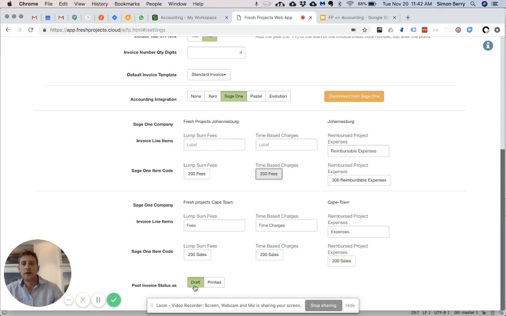Okay. Final option you can choose here is just whether or not you want, when you raise an invoice and post it through from Fresh Projects, do you want it to come through as draft, in which case it's not actually going to come through as a draft invoice in Sage? Or will it go straight through? If you mark it as printed, it'll actually mark it as processed, and it'll go through to the books. Most people like to keep the control in the accounting package. So typically you would mark it as draft. And then the accountant can make sure that everything is 100% right before actually committing it to the books